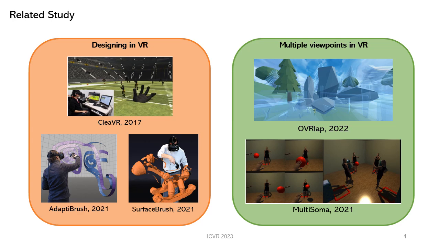Clear VR proposed an accurate perception of VR space by making blueprints visible from all angles. Adaptive Brush developed a system that accurately predicts the ribbon shape produced by hand movements to reduce the burden of rotating the wrist when drawing 3D shapes. Surface Brush proposed a new approach to modeling 3D shapes that transforms VR drawing into the 3D surface intended by